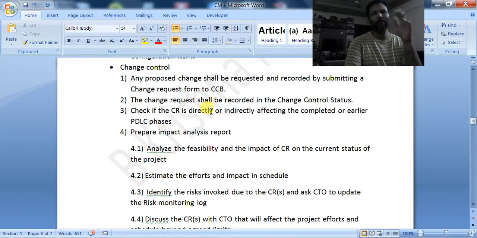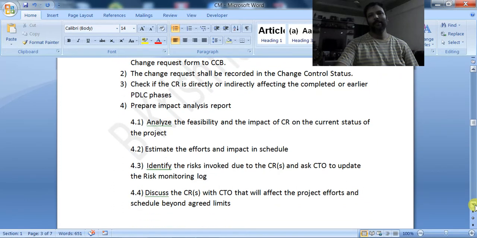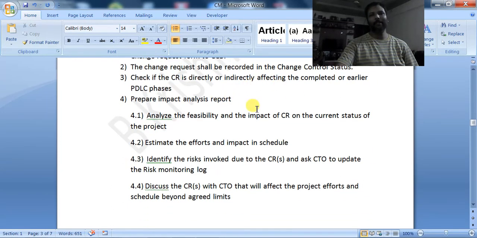I will tell you who will be part of the change control board. The change control board will perform the impact analysis of the requirement.